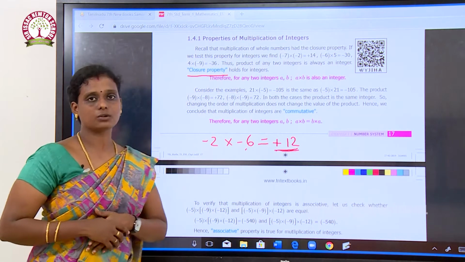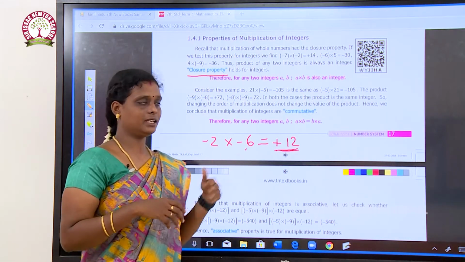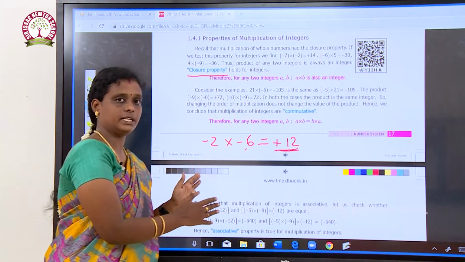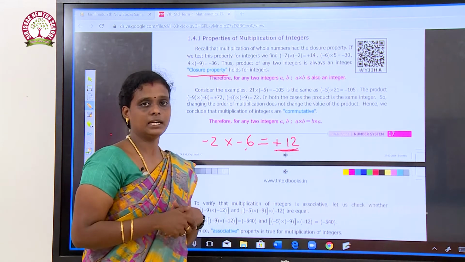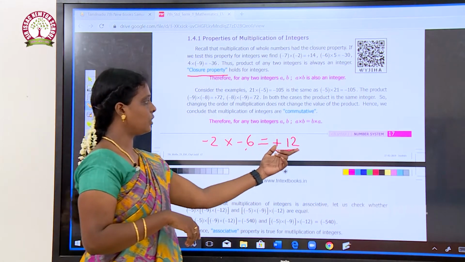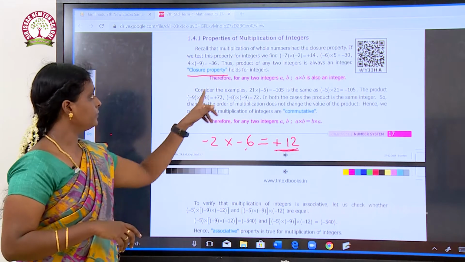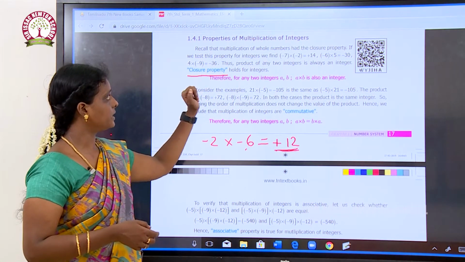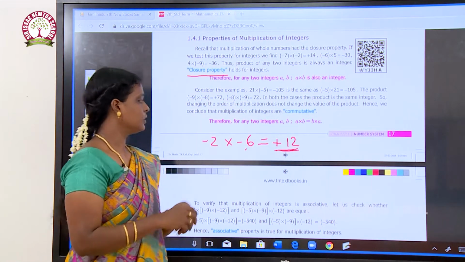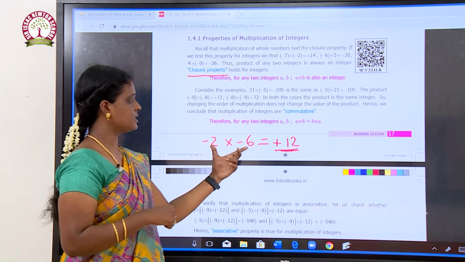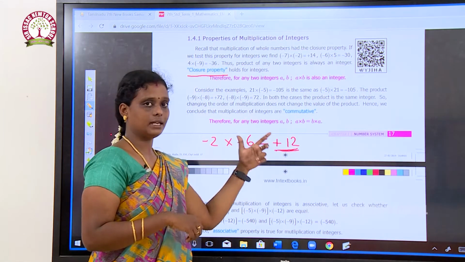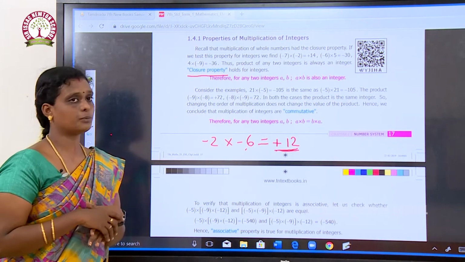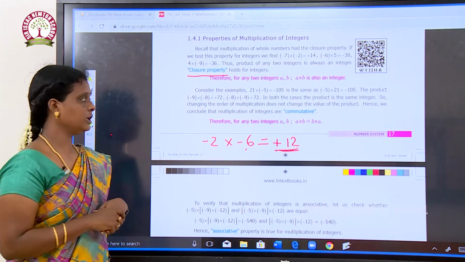So this property is called the closure property. I think it will be very easy for you to understand. If you multiply any two integers, the answer will also be an integer. This is called the closure property of multiplication of integers. So the next